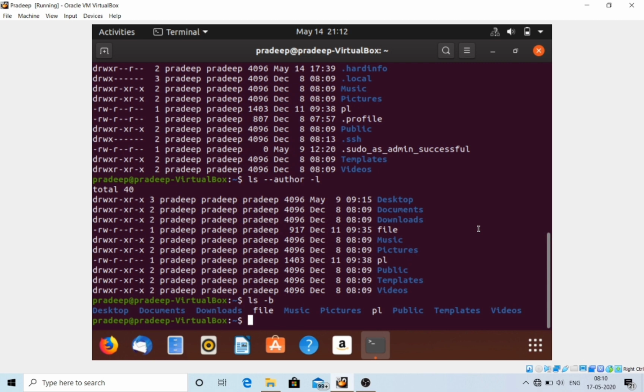Our eighth question is, list the size of files and folders in the desired scale format. We have to use the block size equal to scale option with the option l.